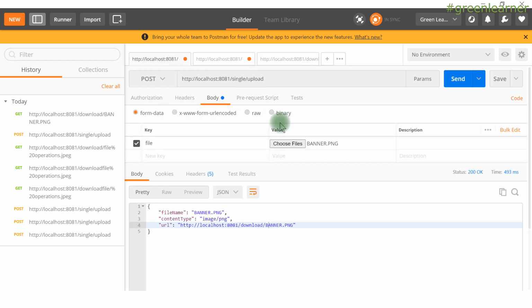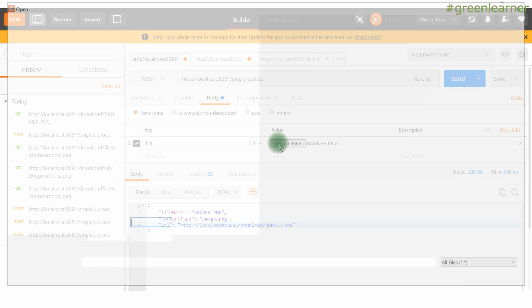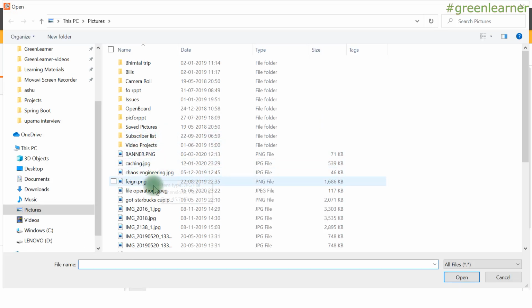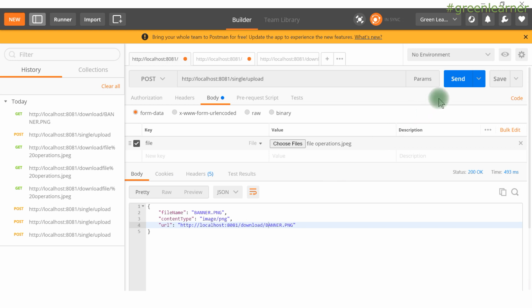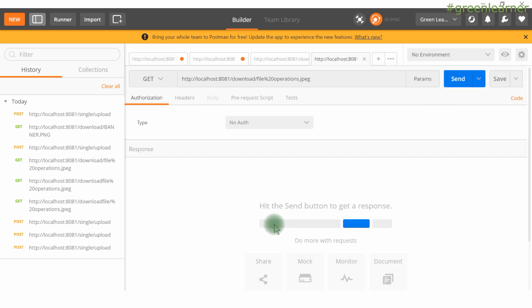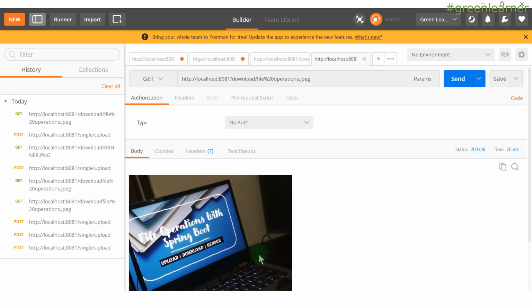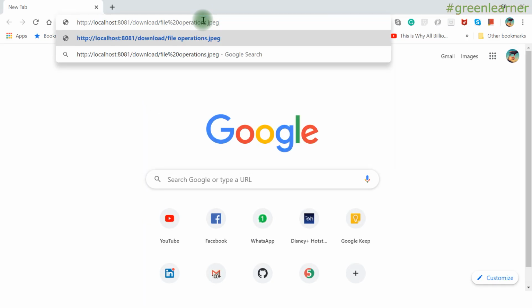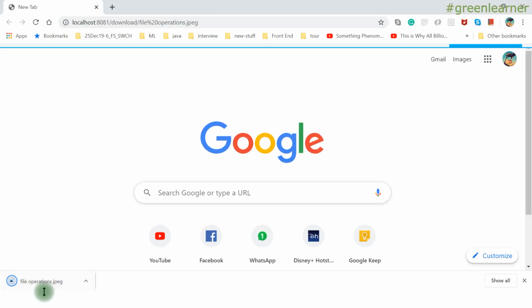And if I upload the same file again that we were trying to upload earlier, file operations, right? Same name, I'm getting this one. Now send it, we will get this properly, right? So this is Postman that I'm trying. If it is a GET request, I can get the same thing from the browser as well, right? So this is the browser that we have, paste it and enter it, right? So it has downloaded the file, right?